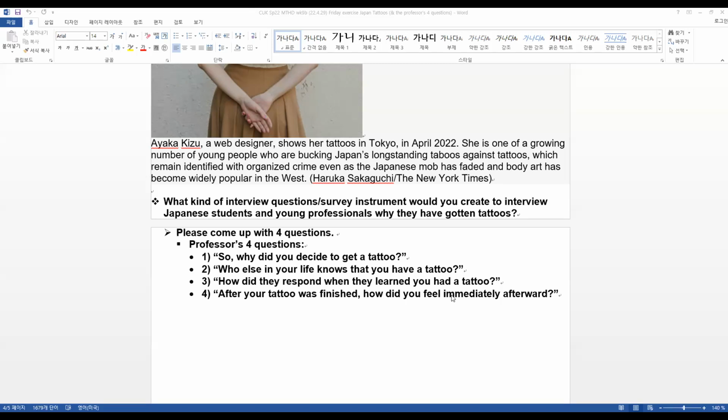Maybe he doesn't like his brother. Maybe he resents his brother. You don't say, do you resent your brother? No, you can't go ask that. You're just getting them to talk and talk and talk.